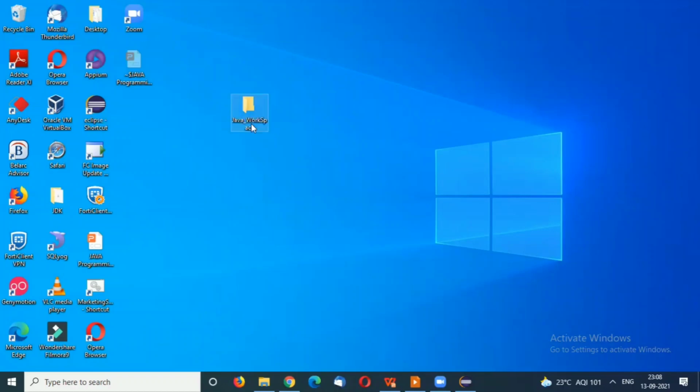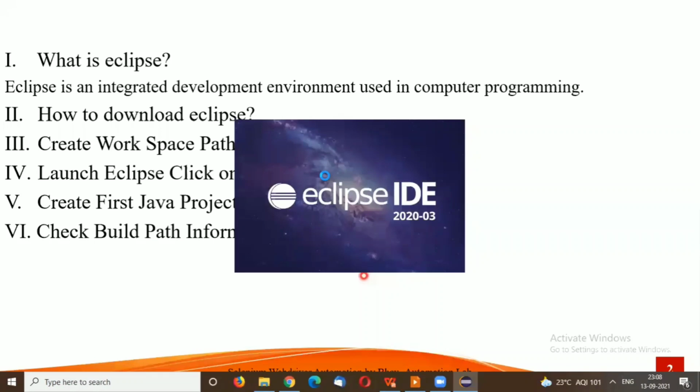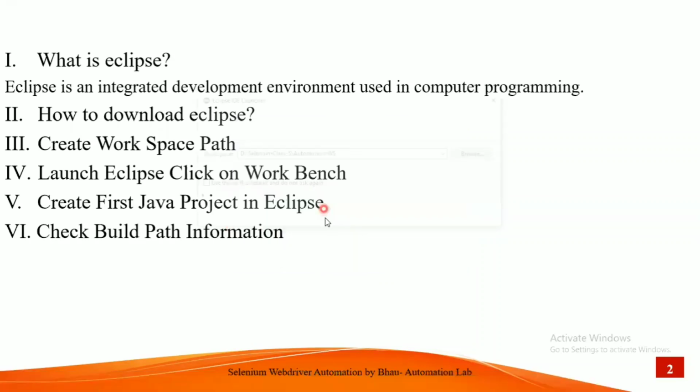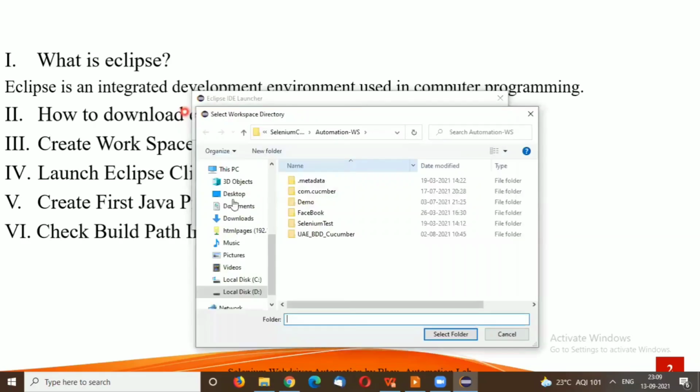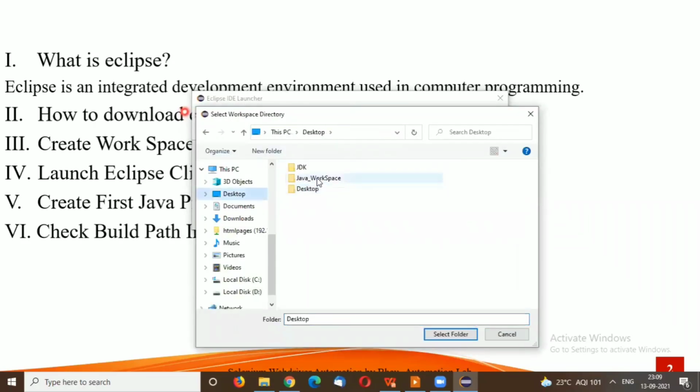You can create that workspace at any location, like D or C drive or anywhere as per your suitability. I have created it on the desktop, so I'll browse to the desktop and select the Java workspace.